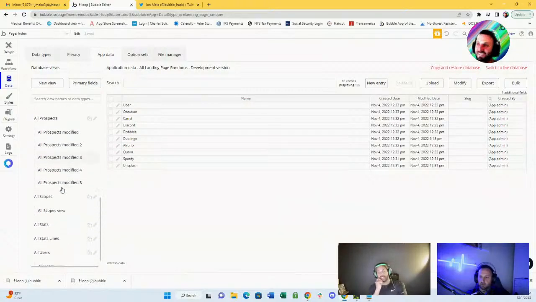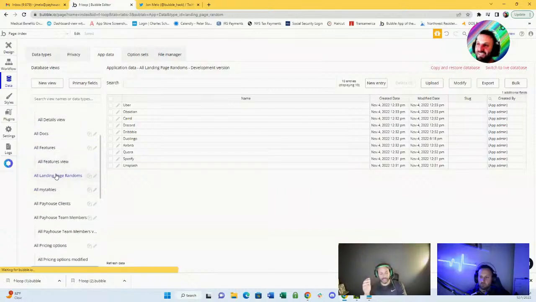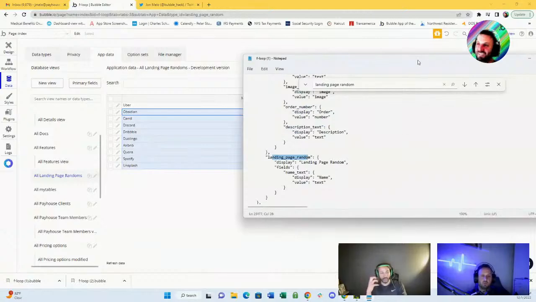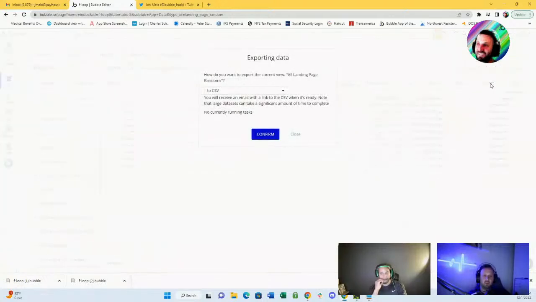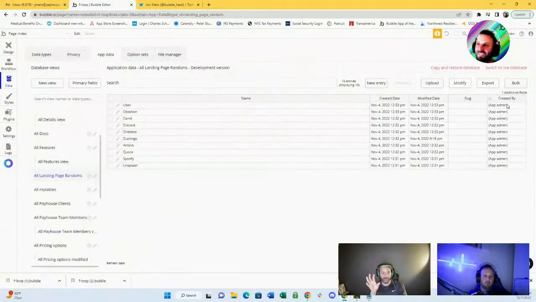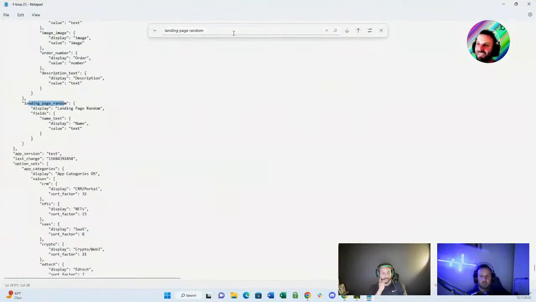Another question is the database. When you export, do you have to go to every type in the database to export it, or is there just one big export button that will grab everything and you could dump it into a file? I know that you need to, it's by view, if you're doing CSV. Got it. So it says all landing page randoms, so you have to go to basically every data type and export that. Unless it's doing it in the